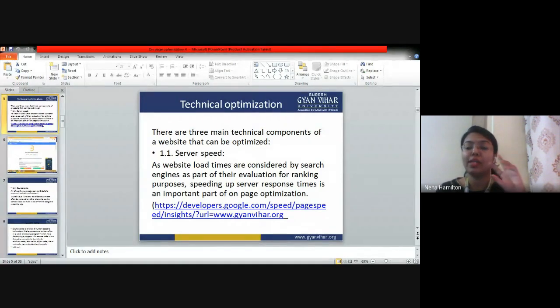The moment your client clicks on a particular website link and is directed towards the main website page, it takes a lot of time after clicking to reach the main web page. That's how server speed decreases, right? So it is very important to decrease your server response time and your page loading time.